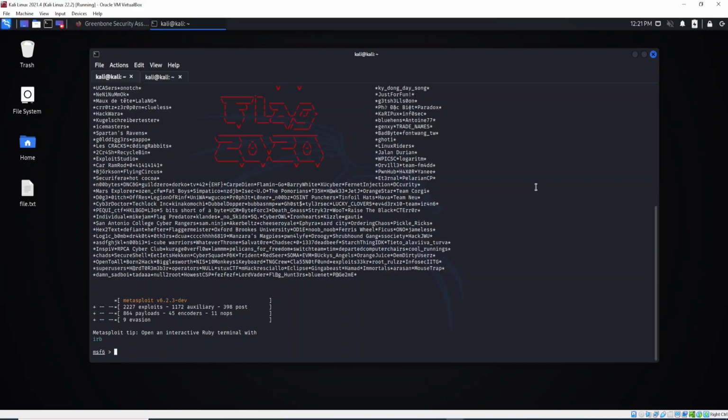In this video, I'm going to show you how to access SSH using Metasploit. I showed you how to access using the command prompt, the terminal, but now I will show you how to access it using Metasploit. The first thing we are going to do is to search for the module that will allow us to connect to the Metasploitable machine. Let's type here search,